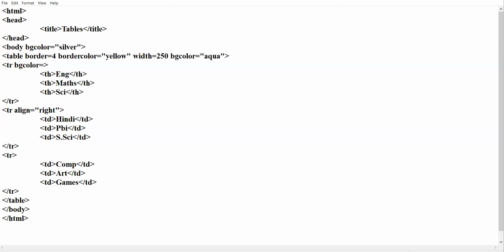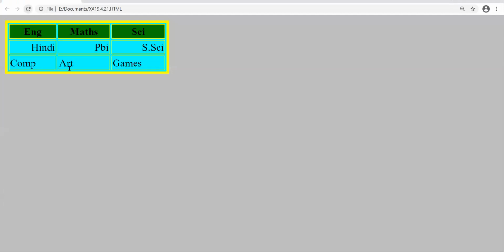This BG color attribute will be the background color of the row. I am giving the color green. Let us see the change. See, the header row has appeared in the green color.